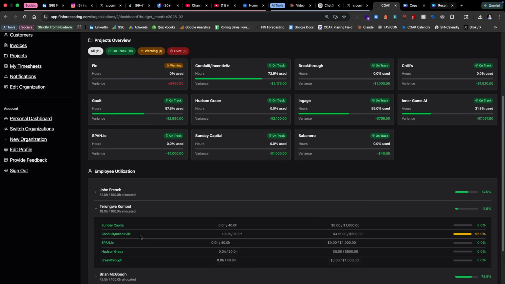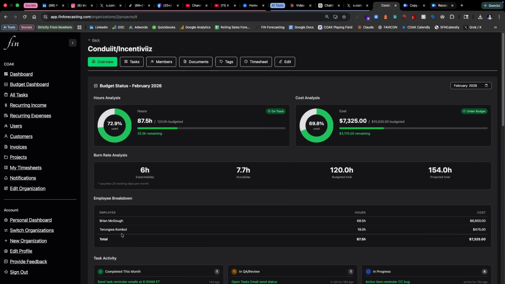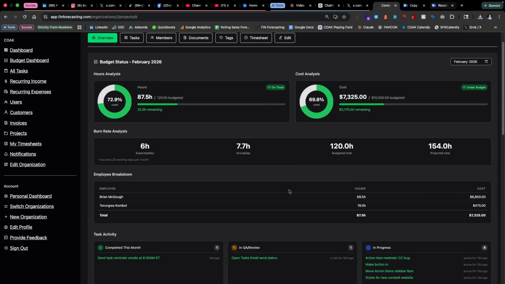Clicking into a project takes you to the project detail view. The Overview tab is where the magic happens. Hours analysis shows the percent of the budgeted 120 hours consumed with the project flagged as on track. Cost analysis shows the percent of the budget used, sitting comfortably under budget. The burn rate analysis breaks down expected versus actual hours per day, the budgeted total, and the projected total based on current pace. Below that, the employee breakdown shows exactly who is logging time and how much it is costing,